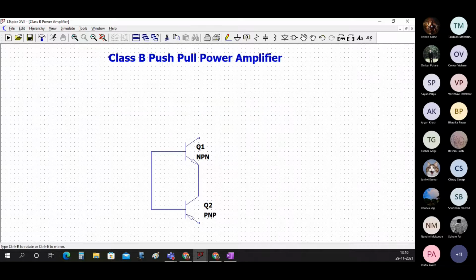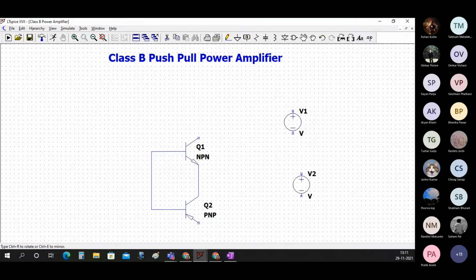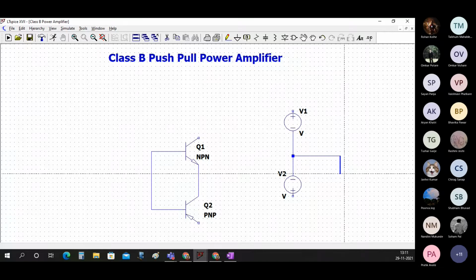Now many times what happens is that we want to give VCC and ground. So instead of connecting a VCC here like this, what we can do is here. This is a new way of doing it. So look at the new way. I'm taking two voltages, rotating the other one in this way. So we have V1 and V2 like that, and here we connect them, and somewhere from here we will create a ground.